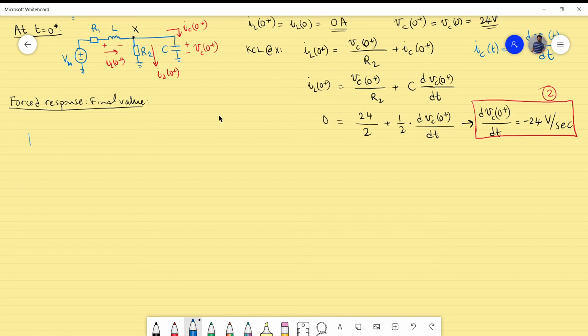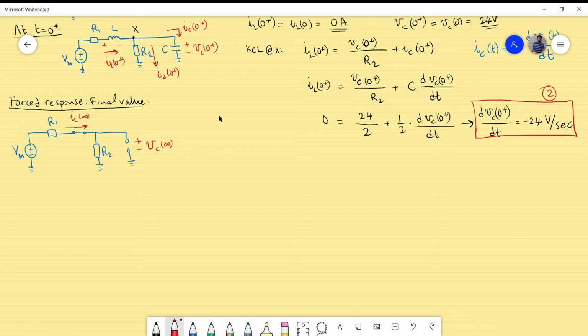So what we have is the following. We have the situation again as Vm, which is in series with R1, and the inductor is modeled as a short, and there is an R2 going to ground, and the capacitor is an open. So what you see is actually the inductor current here is IL infinity, and that is actually the steady state value of the inductor current,